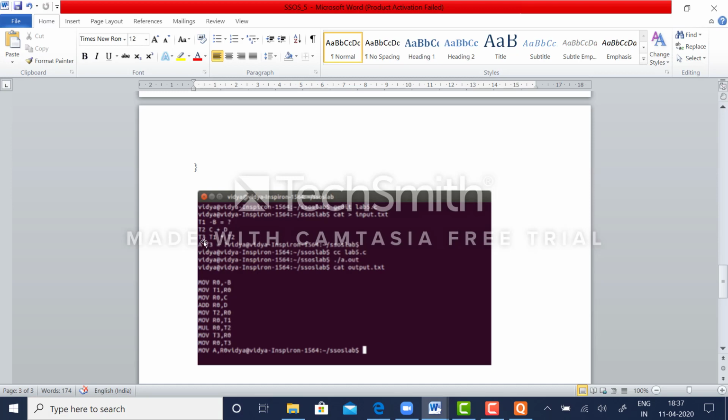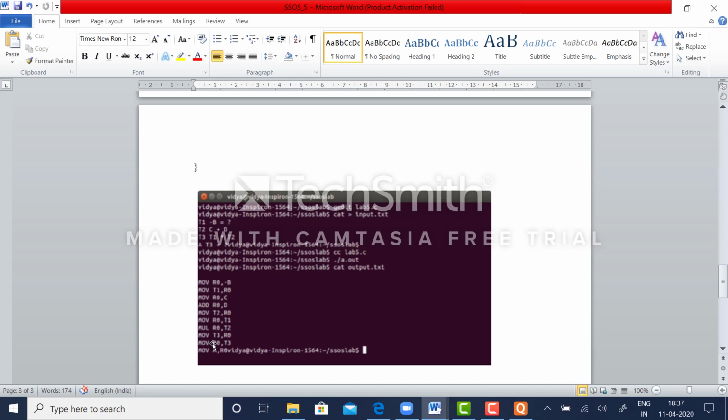So now T3 will consist of the result after evaluating the expression, but this has to be stored to a variable A. Directly you cannot store the contents of a register to a variable, so you require an intermediate register in between. So what are you supposed to do?